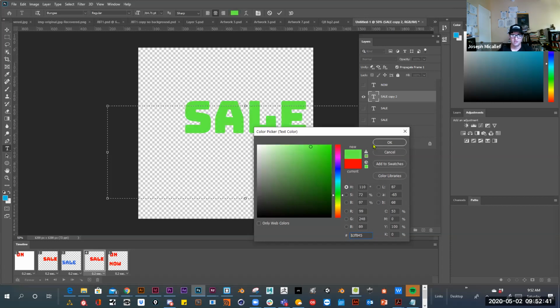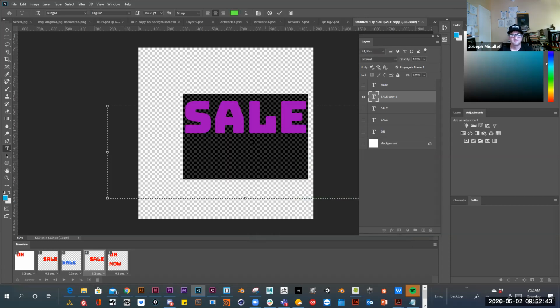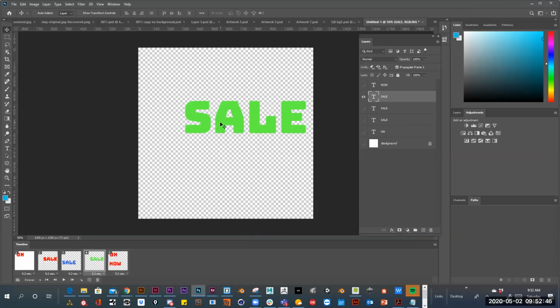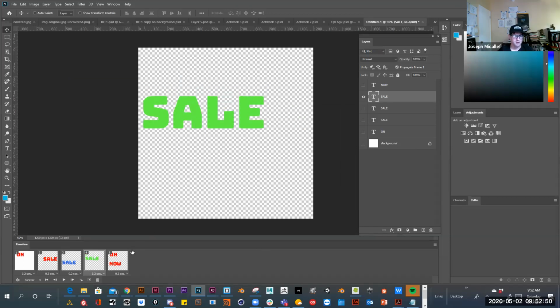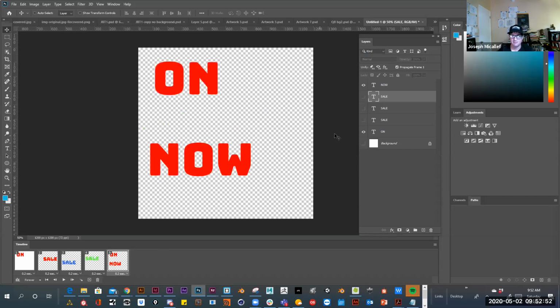Are you guys following this? Okay. And then it's a bright green. And then I'm going to move it as well. I'm going to move it somewhere else. And then I'm going to go to the final frame, and that should just say now. So I'm just going through each frame and turning off the visibility of the layers that I don't want to